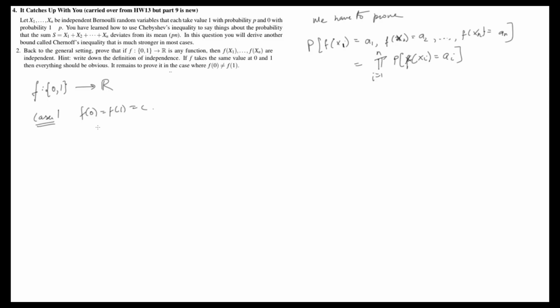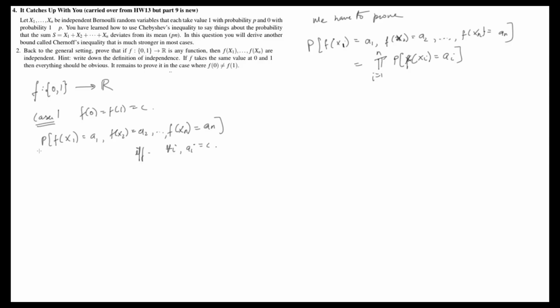So let's look at case 1 now again. Now, this case is rather trivial. What this says is that in this particular case, we have f of x1 is equal to a1, comma, f of x2 is equal to a2, all the way to f of xn is equal to an, if and only if for all i, ai is equal to c. Only if every single one of these ai's is equal to c,